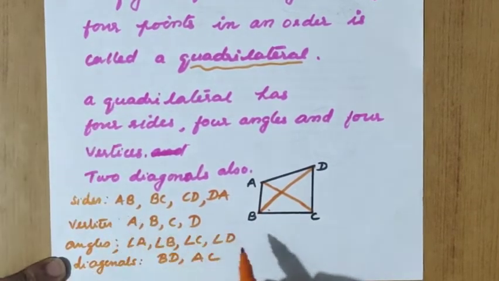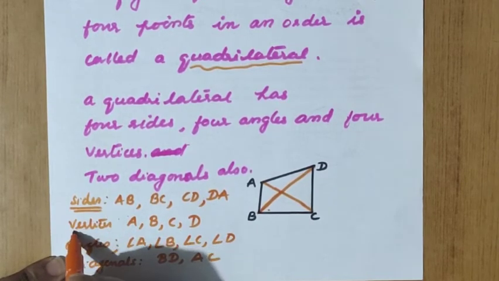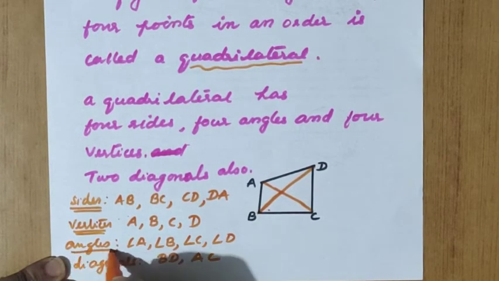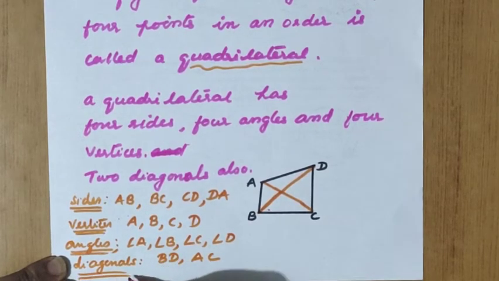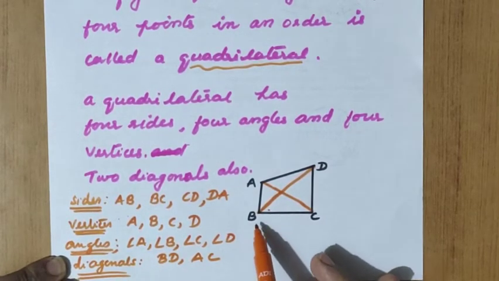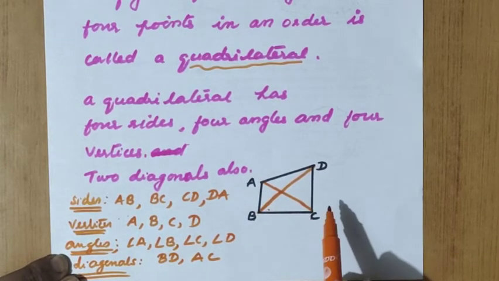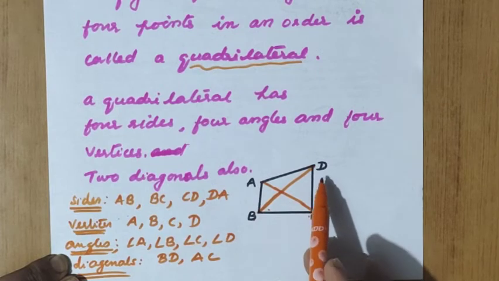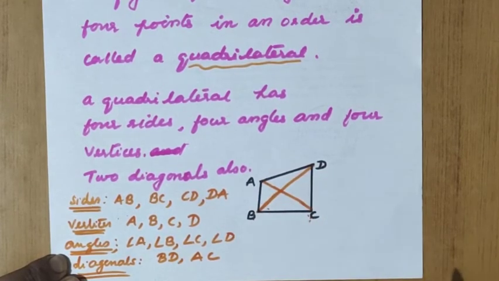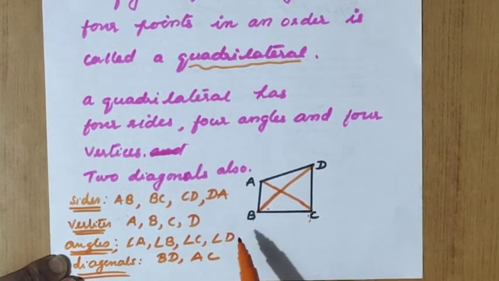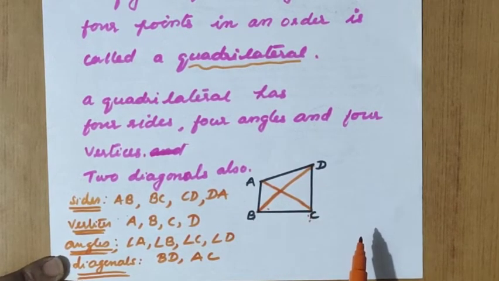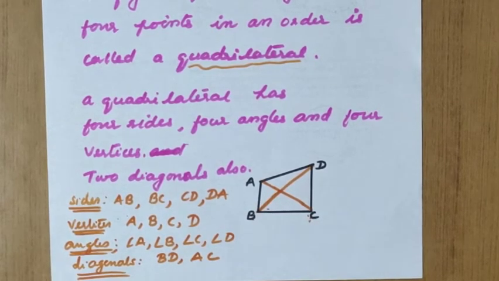So we got how many sides? 4 sides. How many vertices? 4 vertices. How many angles? 4 angles. How many diagonals did we get? 2 diagonals. Now B, we are taking C and A, are called adjacent vertices. If C, we are taking B and D respectively; D, we are taking C and A. Like that we can call the adjacent vertices. When we are going for the diagonals, opposite vertices are to be joined, right? So like this we are getting the diagram. In lower classes we have already studied this. The same thing only we are learning here.